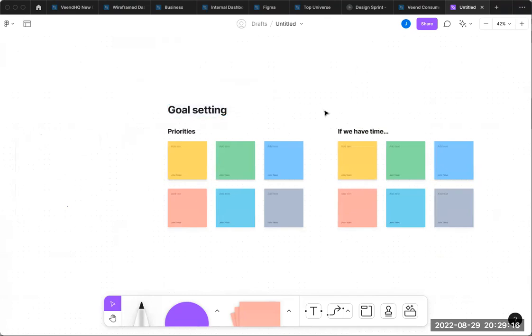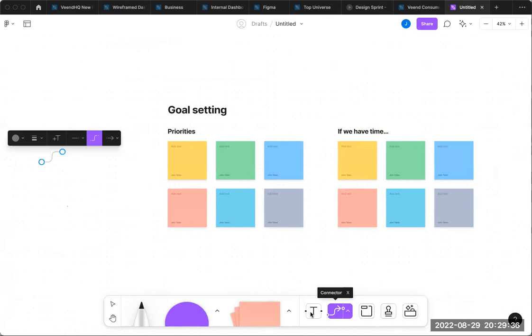Now, like I said earlier, FigJam is a tool used for collaboration. People use FigJam for collaborating. They write sticky notes, they draw diagrams. So let's say I want to sketch out something.